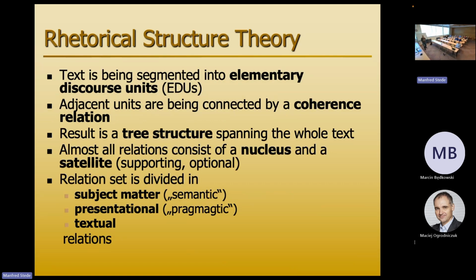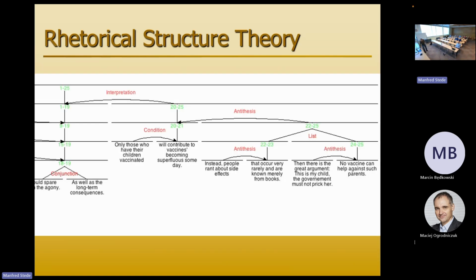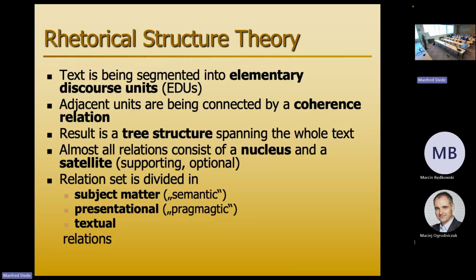The idea of providing an analysis of a text is to first chop the text into elementary discourse units, into pieces, which is sometimes sentences, sometimes units smaller than sentences, and in some cases larger than sentences. But we will get into this in a little more detail later. Next step is whenever there are adjacent units, these elementary units, you can fuse them into a larger unit by assigning a discourse relation or coherence relation to the two things. And this is a recursive process. So this goes between neighboring elementary units and then recursively upward until you have a complete tree structure that spans the whole text.